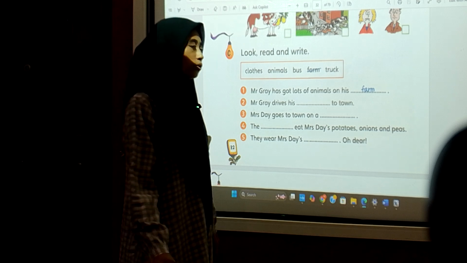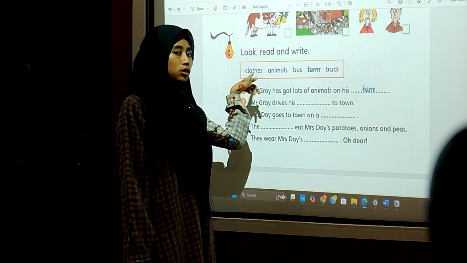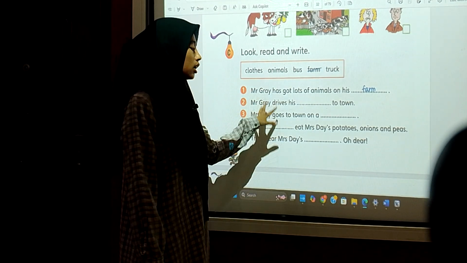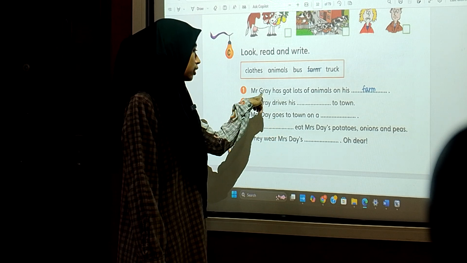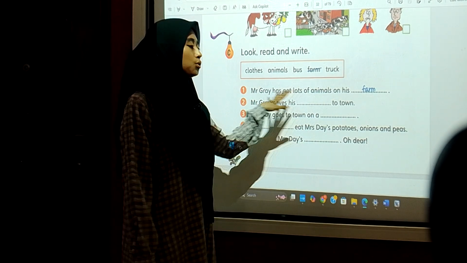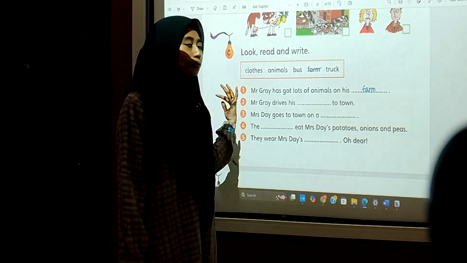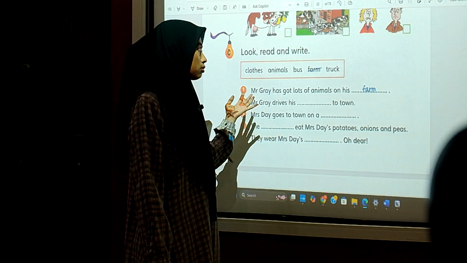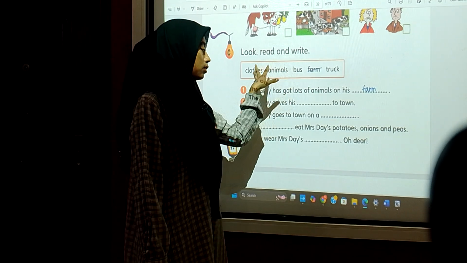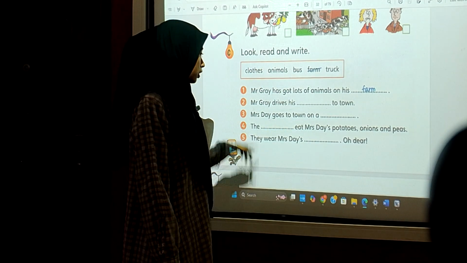I ask them what is the meaning of these words in the boxes, like clothes, animals, bus, farm, and truck. And then I ask them to fill in the blanks, like "Mr. Gray has got lots of animals on his..." You have to understand what the question talks about, and then you have to take one of these words in the box into the blanks. Like number 2,